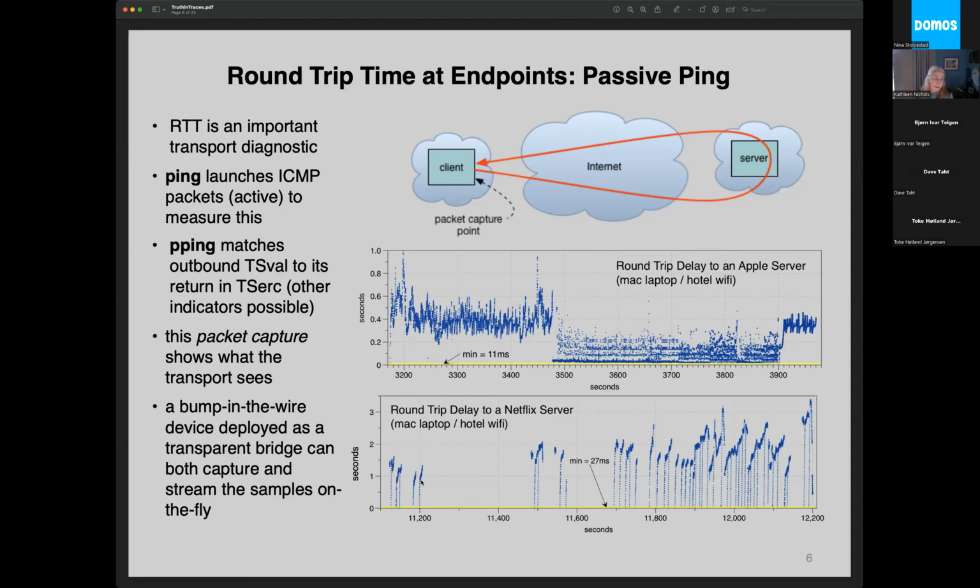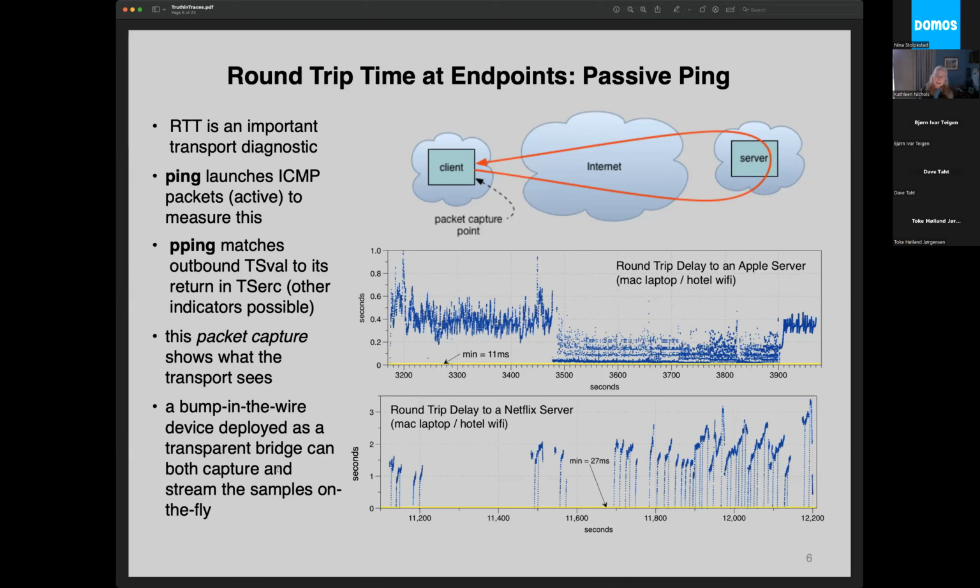And then here's a Netflix server, and you can see the typical spikes that you get with video. What they're kind of doing is filling up, because they like to burst everything out. By the way, again, this is old data. Netflix does a better job now, to my understanding. But then, they just kind of blasted everything out until they started to experience loss.